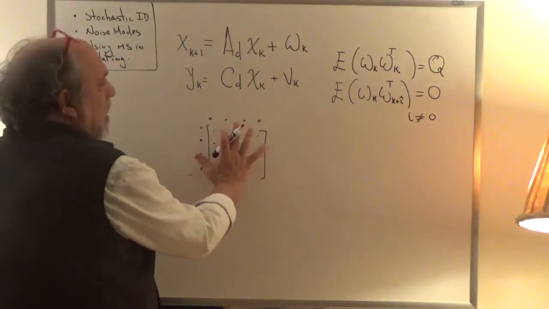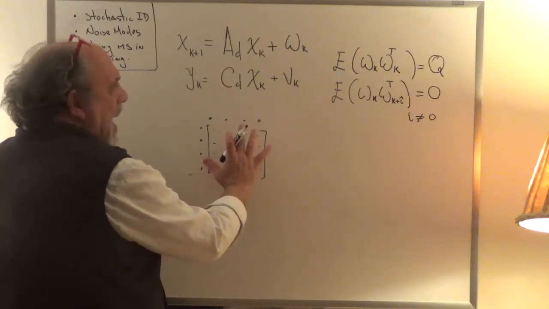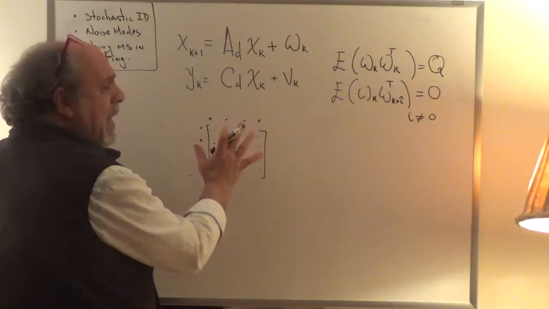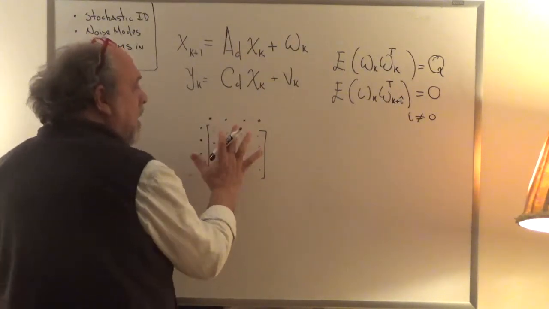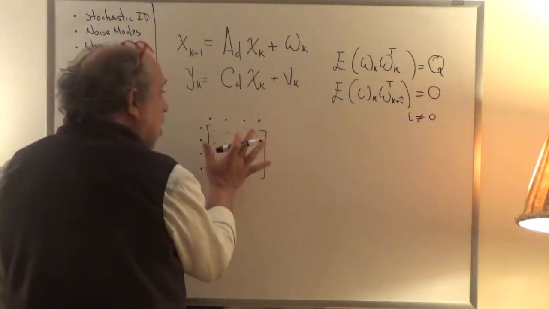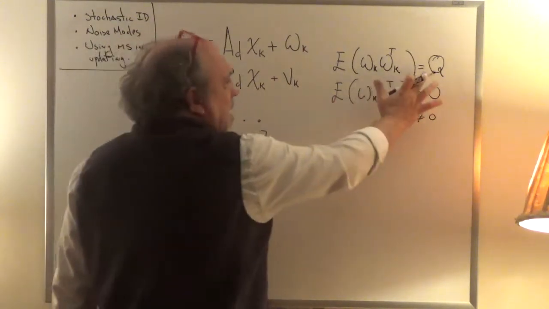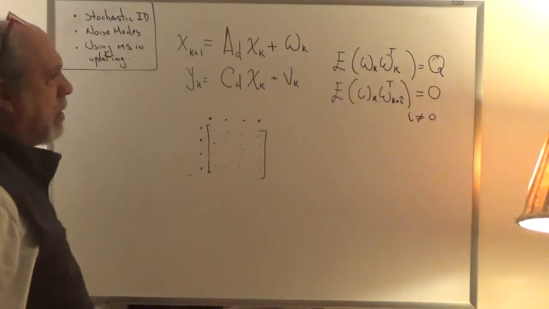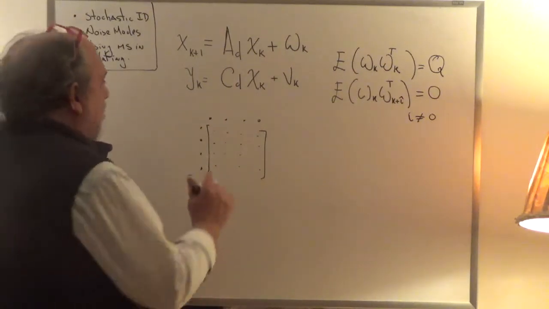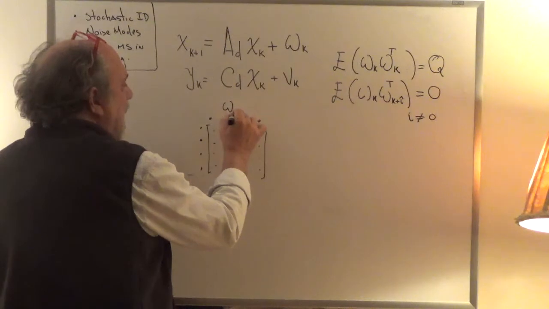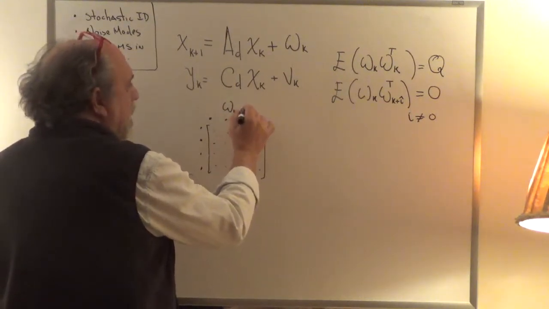So if you calculate that matrix at k equal to 1, 2, 3, 4, 5, 6, 7, 8, 9, 10, 1 million, 1 million and 1, 1 million and 2, and you take the average, then we are saying that the average of that matrix is Q, right? Now, if we take that matrix, omega k,